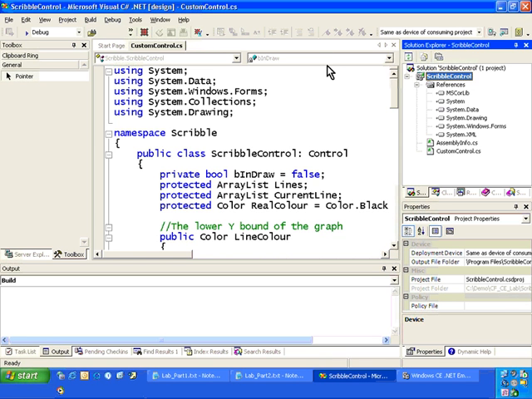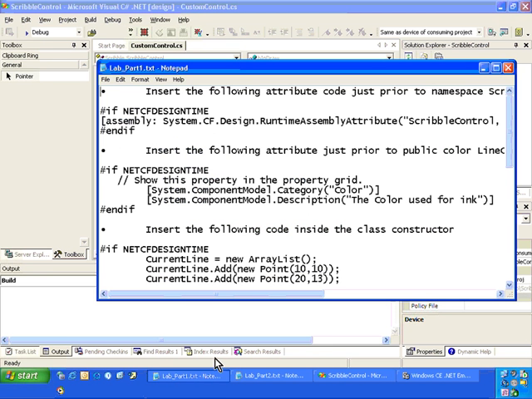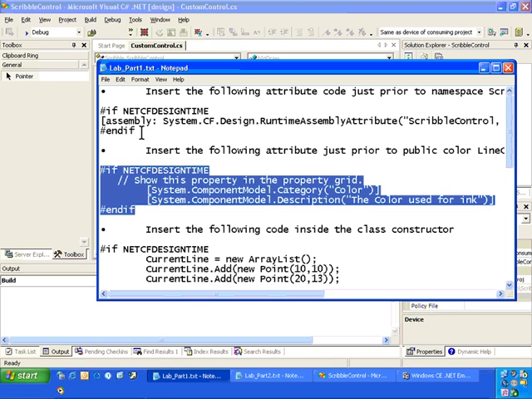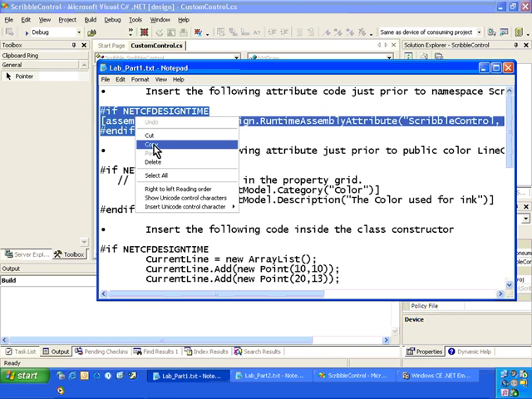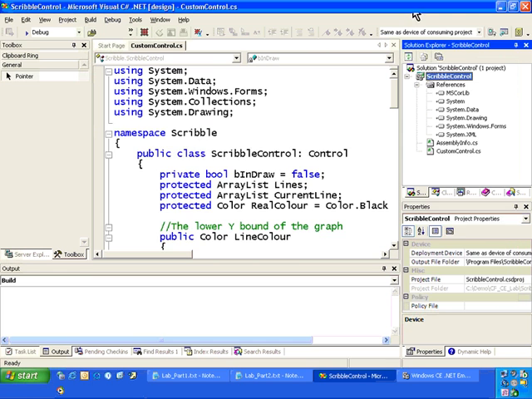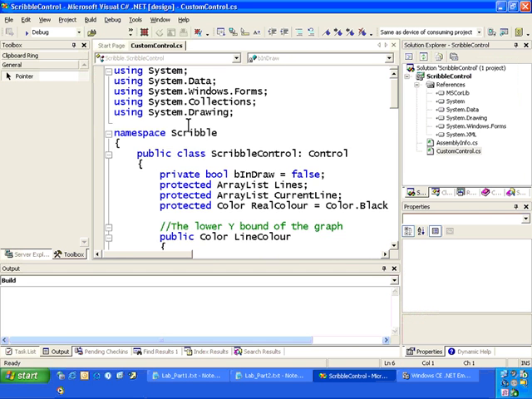Now let's go ahead and modify the code. So right now, this is simply a runtime control. This is not a design time control. So what I need to do now is add in some code that makes this accessible as a design time control inside of Visual Studio. Thankfully, inside of Notepad, I've got the code that I need. So I'm just going to grab the code that I need, and I'm going to insert this just before the